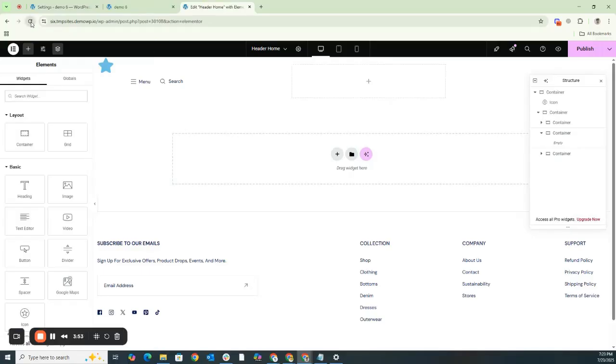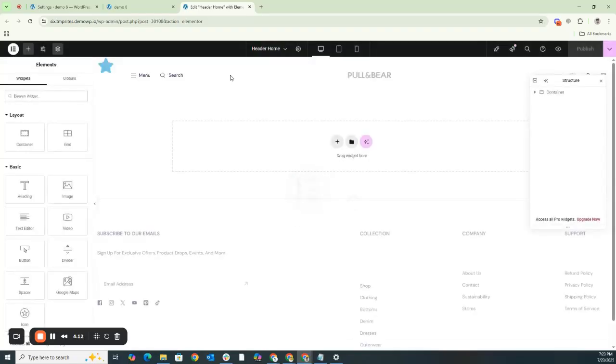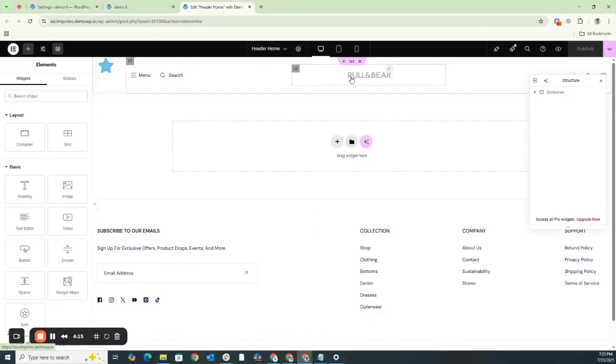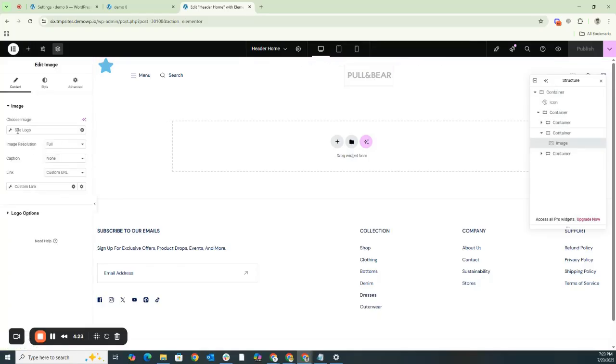We will now refresh Elementor, which is an essential step to ensure that all the settings we have made and saved in the backend of our website are reflected and fully functional on the front end, visible to our users and visitors. At this moment, our Elementor has been edited. The page header in Elementor has been edited, and you can see that the new logo we added is now visible here because we are fetching the site logo.